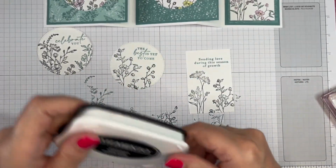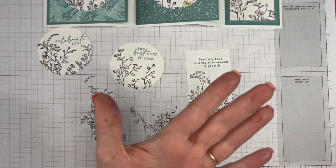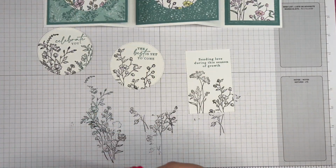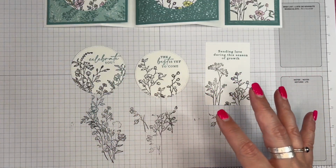lid on that, and then put all of these muggy stamps over to the one side ready for cleaning. And I'm going to clean my hands as well. I've got some hand sanitizer here. Not too bad. Right. So